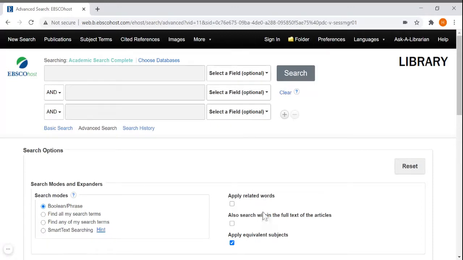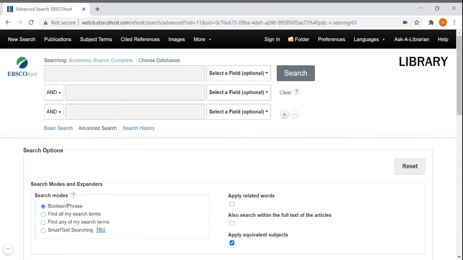In this video, we're going to look at how to set up an effective advanced search within a specific database. In particular, we're looking at databases that are from the company EBSCOhost. So any of the databases where the search screen looks like this, you see this logo, it says Advanced Search